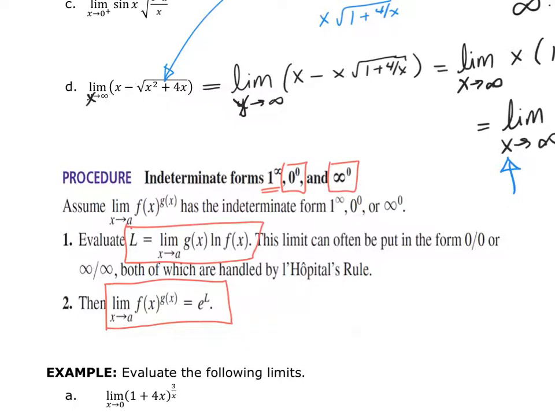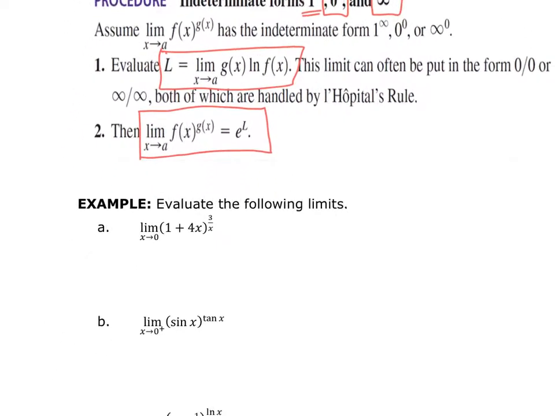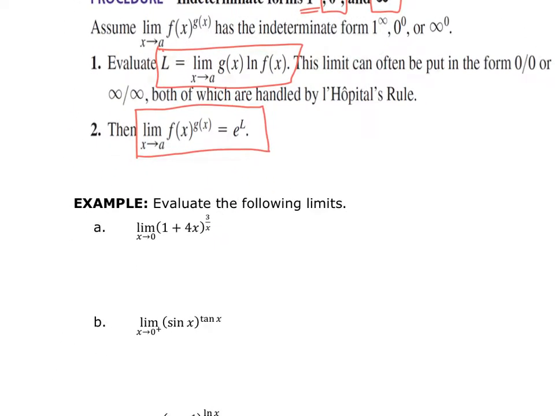L will be the limit as x approaches a of g of x multiplied by the natural log of f of x. So once I do that, what I'm hoping for is that g of x and f of x, when I've done that, is either 0 over 0 or infinity over infinity, or I can force it to be one of those two. So as I take a look at my first example here,